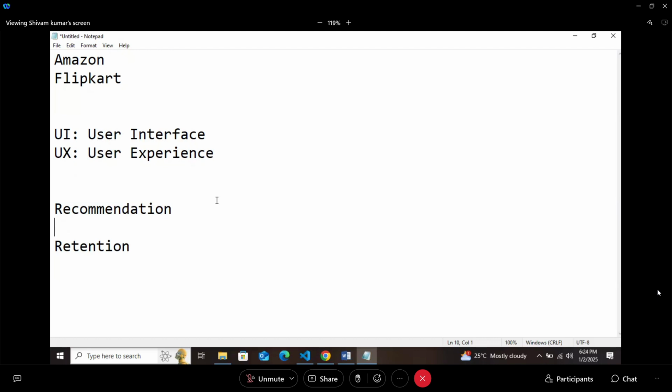Power of recommendation will only work if your user experience is good. Now let's say food is good, but the service, the waiters, are very rude there. Then also I will not recommend it to Deepak. I will say food is good, but people are arrogant there. Don't go. We have self-respect, right? Why should we compromise with it? Recommendation only works when the user experience is good, doesn't matter the product, right? Retention only works when the product is also good.